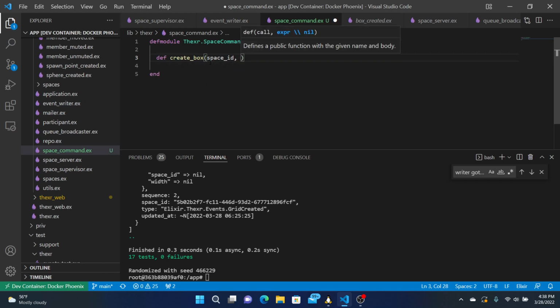So the first argument can always be the space ID, and then you can have